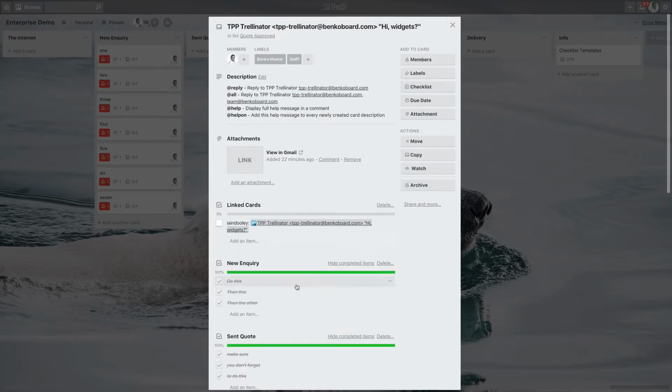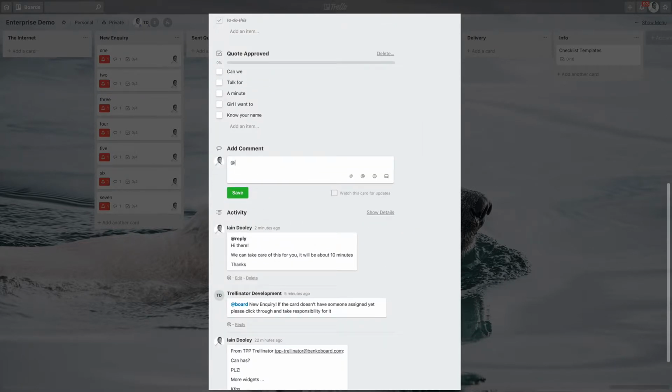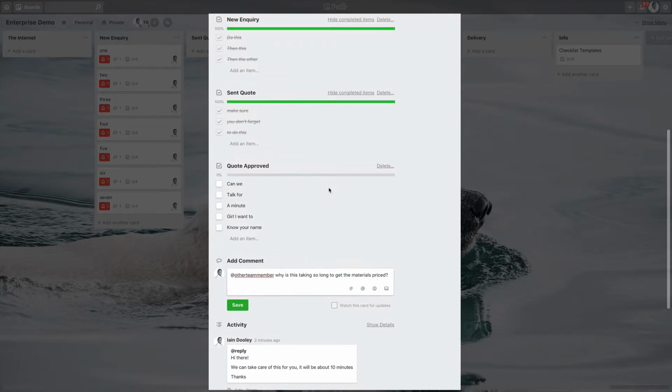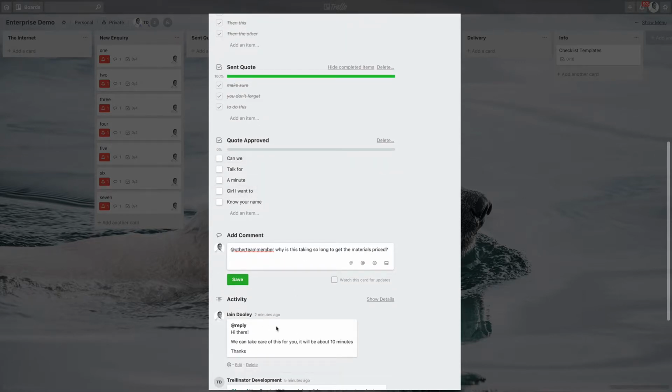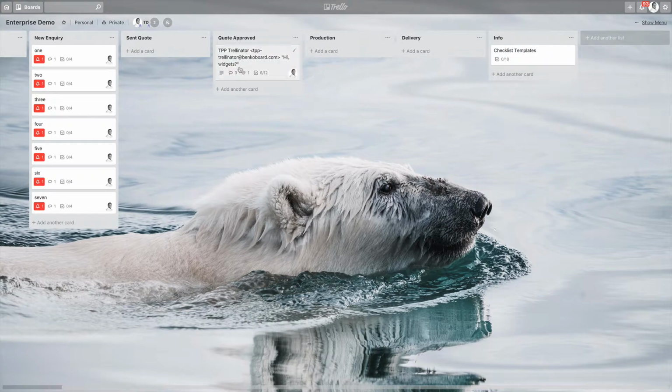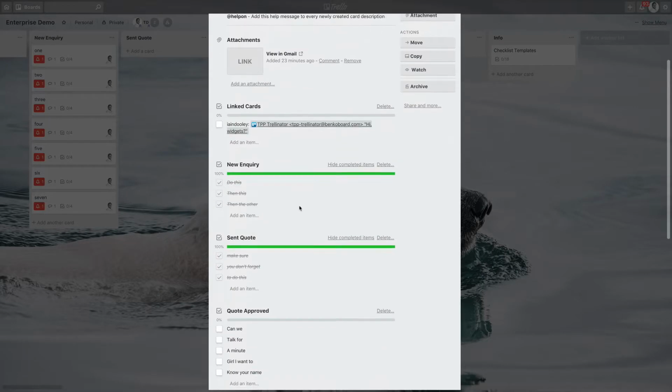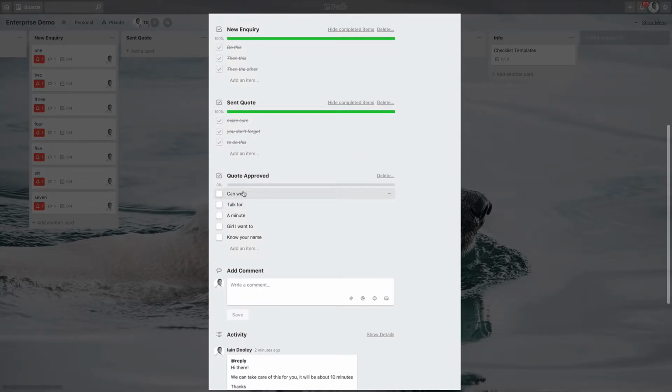and I can also ask someone else on the board, hey, other team member, why is this taking so long to get the materials priced or something? So I can discuss this inquiry with other team members and then reply directly from this card. So as we go through, the quote has been approved, and now when a quote gets approved, we get the quote approved checklist. Now when I complete the quote approved checklist,